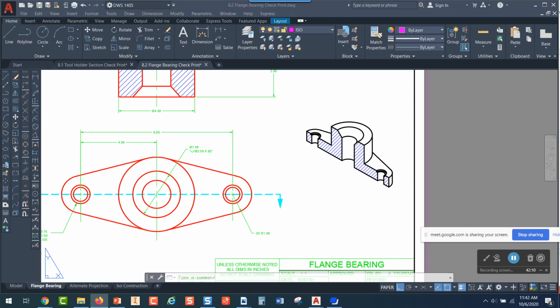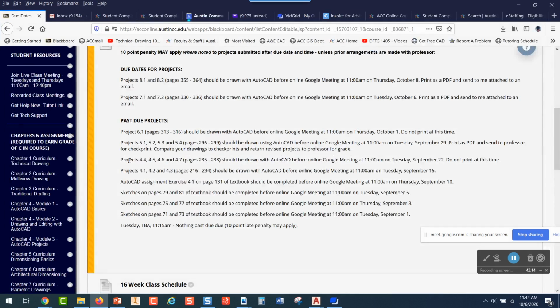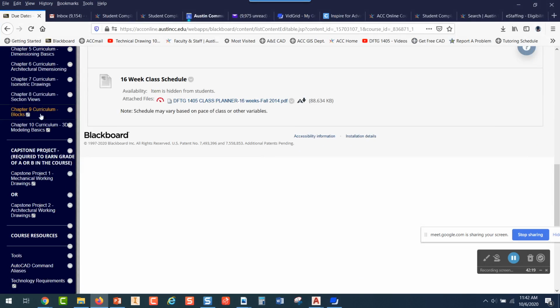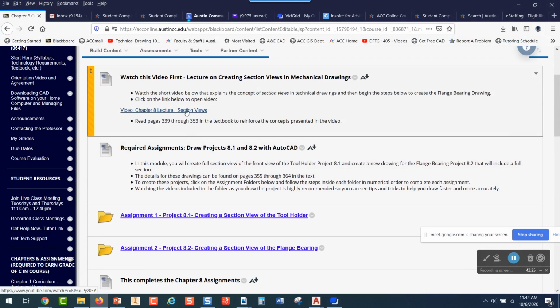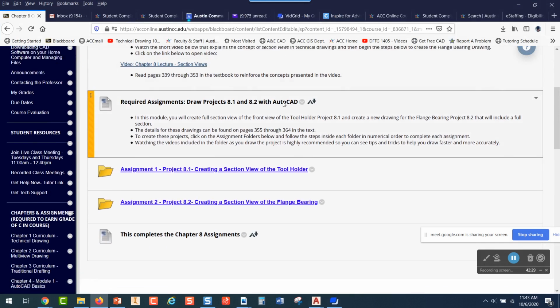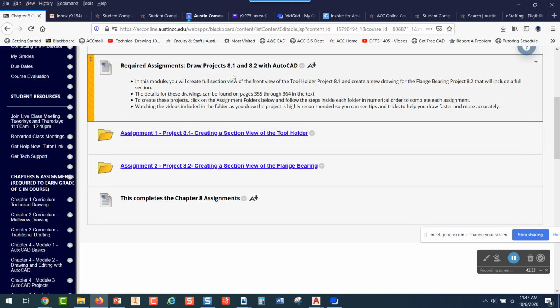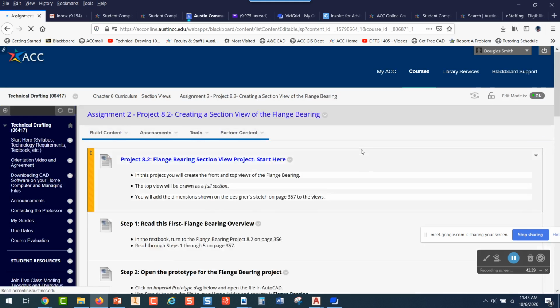All right, so I'm going to click on Blackboard and move this over here. So hopefully you're seeing Blackboard right now. And so what you want to do is log in and click on Chapter 8. And there is a video on the theory of section views, which is pretty much what I talked about today. And then here are your assignment folders, and here's what it tells you have to draw, 8.1 and 8.2. When you pick on this assignment folder right here, though,